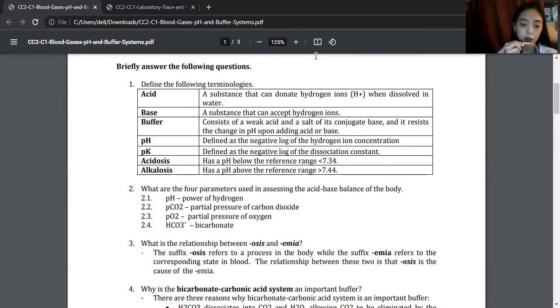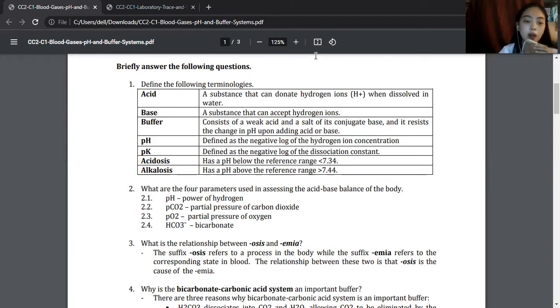While sa alkalosis, it has a pH above the reference range, greater than 7.44, and it can result from non-respiratory and respiratory causes. So number 2, the 4 parameters used in assessing the acid-base balance of the body are,